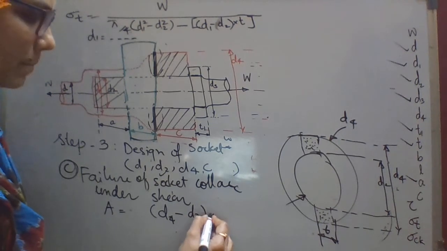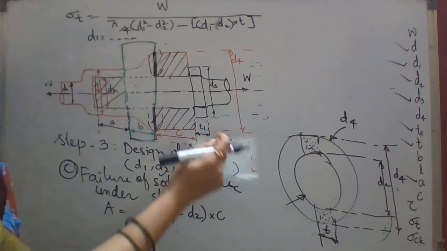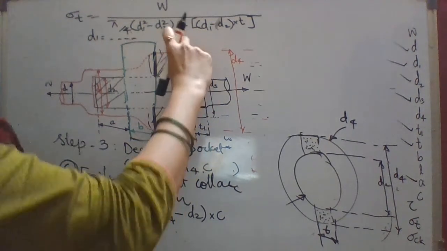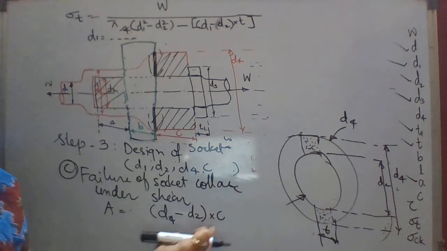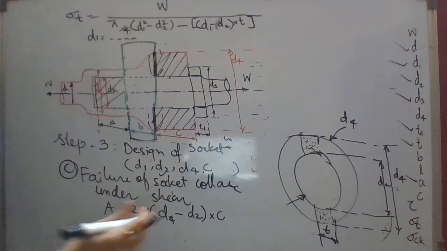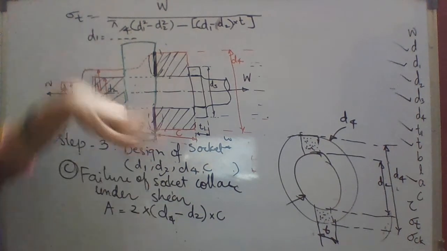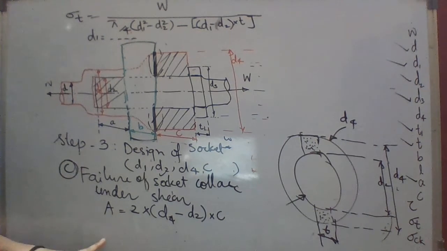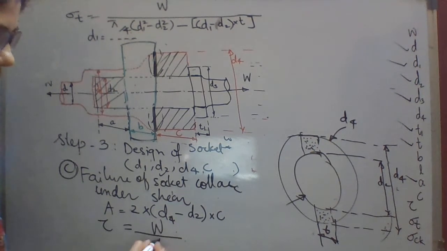D2 इंटू C। मैंने क्या किया है, ये पूरे में से माइनस ये किया तो मुझे ये पूरी दोनों मिल गई हाइट, इंटू C किया तो विड्थ से उसकी मल्टीप्लाई हो गया, और इंटू 2 किया तो ये ऐसी आगे की 2 प्लेन प्लस उसके पीछे की वो 2 प्लेन, तो मुझे मिल गया एरिया। ओके, सो 2 into D2 minus D4 into C. So I'll write down the equation of strength. It is shearing, so we'll write tau is equal to W upon this area.